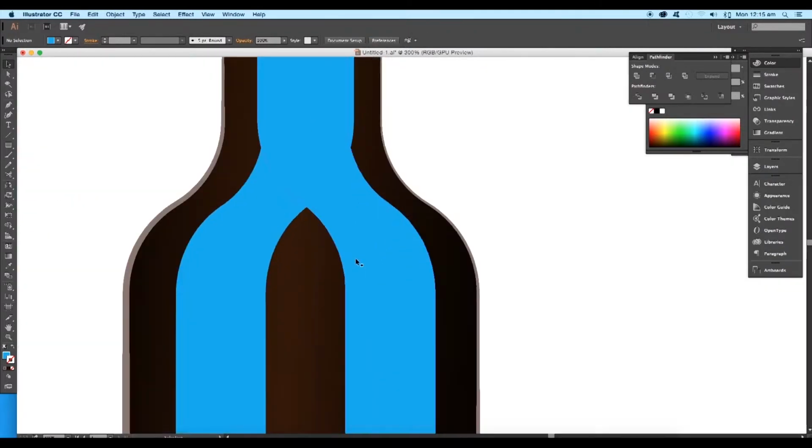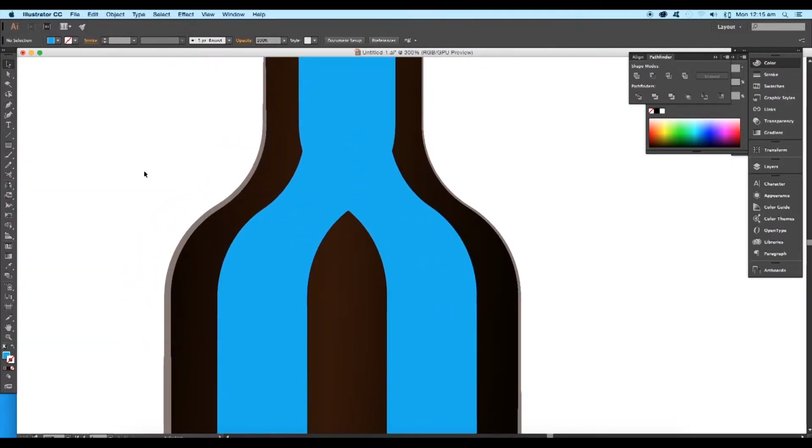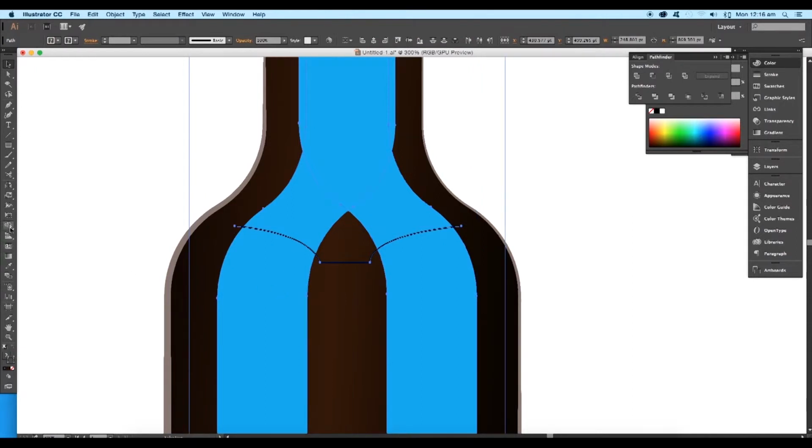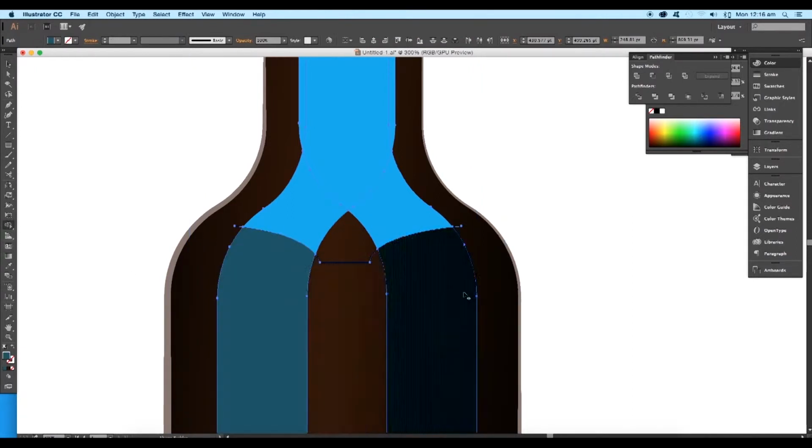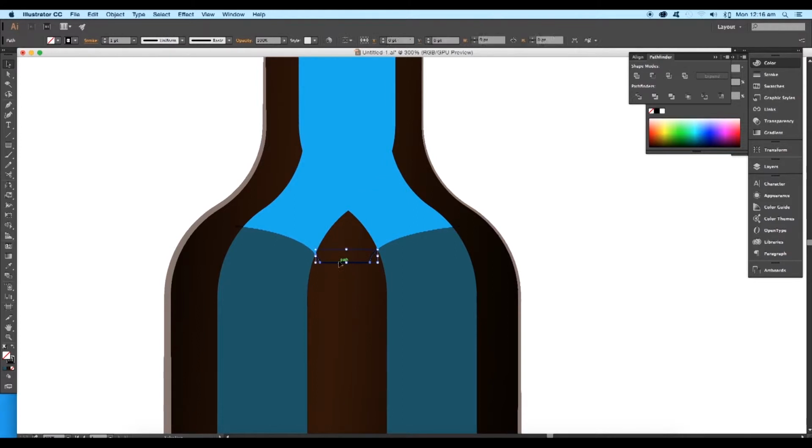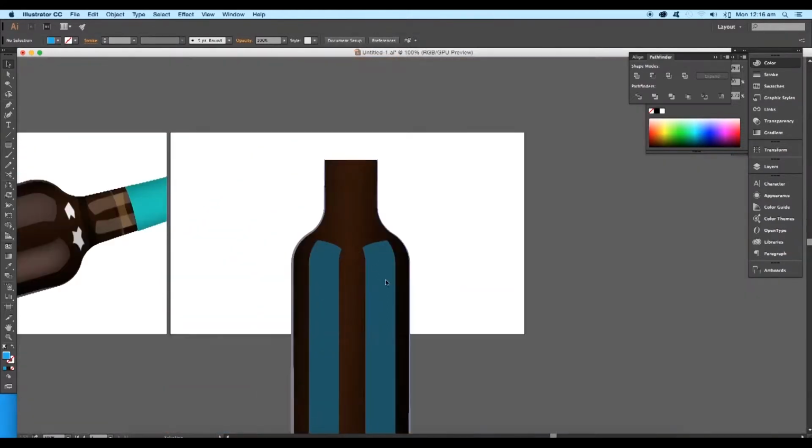Next, we'll delete out the top region. So using the pen tool, draw a curve like this. Click and drag to make a smooth curve. Then give it a stroke color and click OK. Now select the stroke and both the shapes and using the Shape Builder tool, extract out these two regions. Then delete out the unwanted pieces.